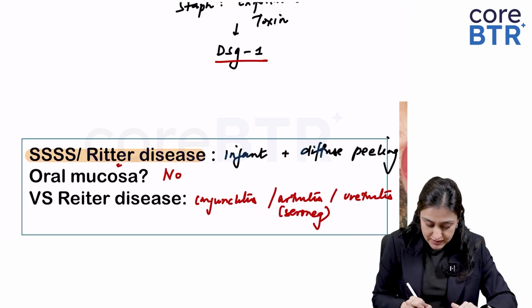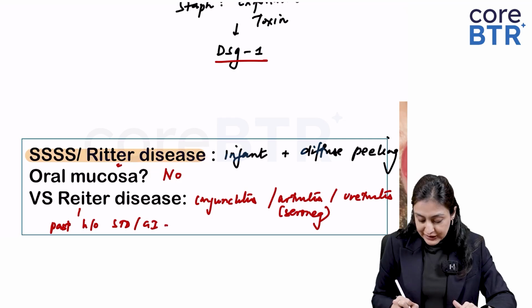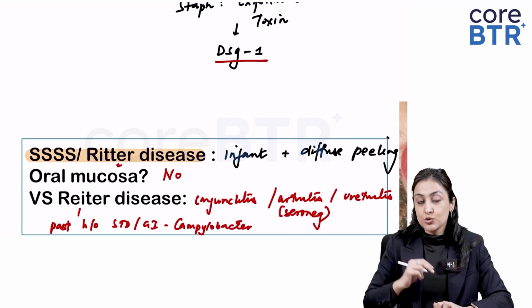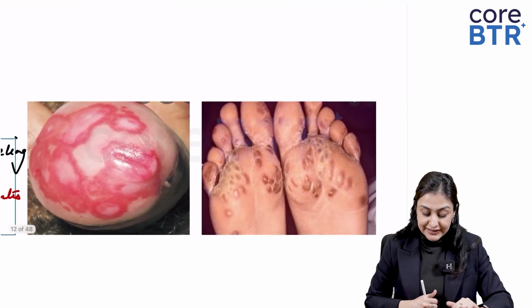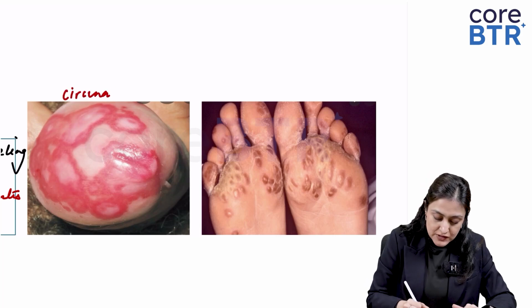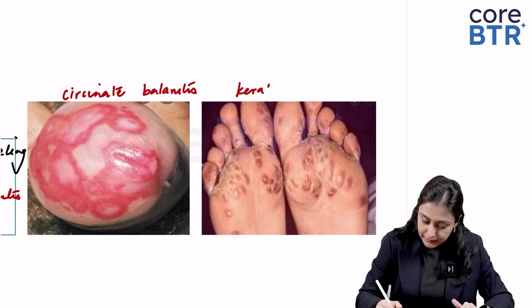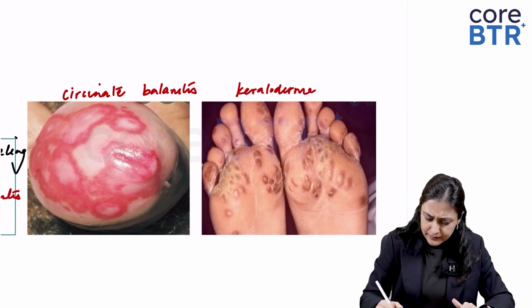So that's Reiter's, and here you will have history of either an STD or a GI disease, past history of STD or GI. Frequent culprit is Campylobacter, could be Shigella also, but Campylobacter is most commonly asked. Two associated derma lesions in Reiter's would be this. So the glans penis is affected. So this is what is circinate balanitis. Circinate means serpiginous lesions, and this is